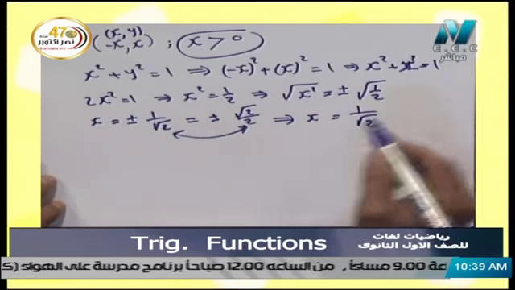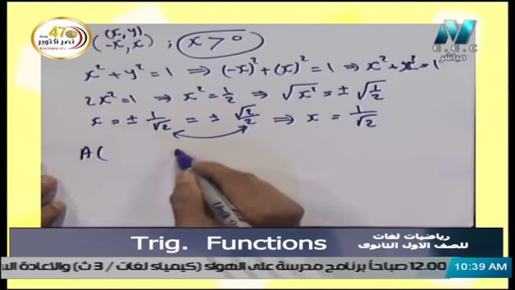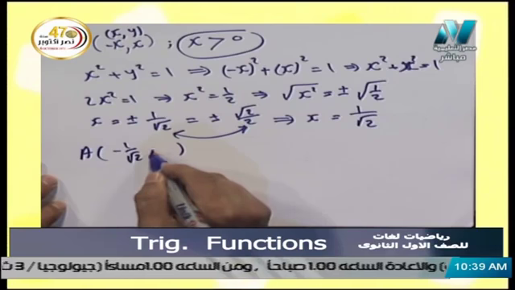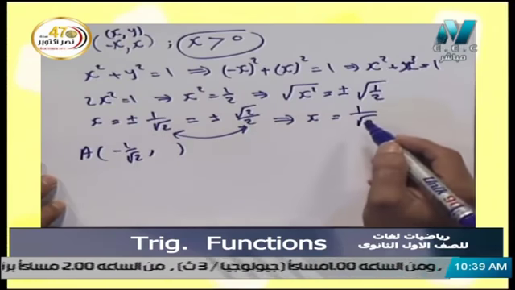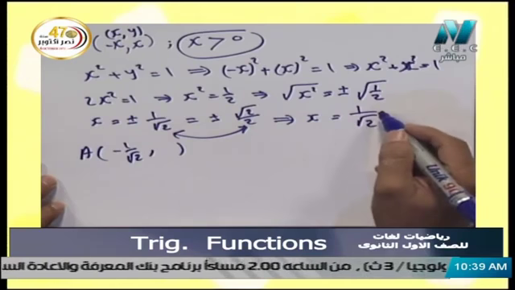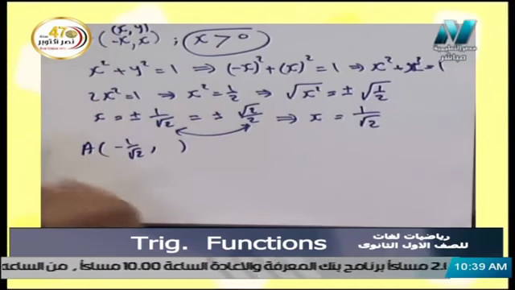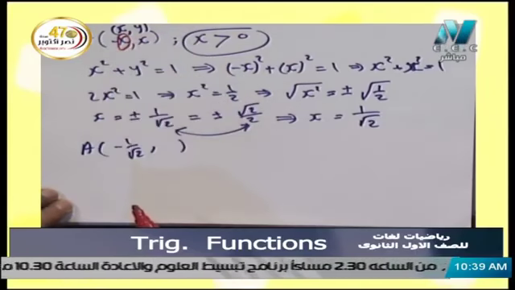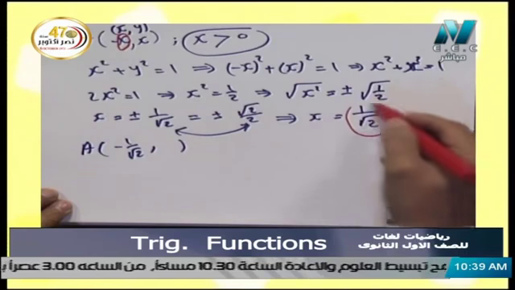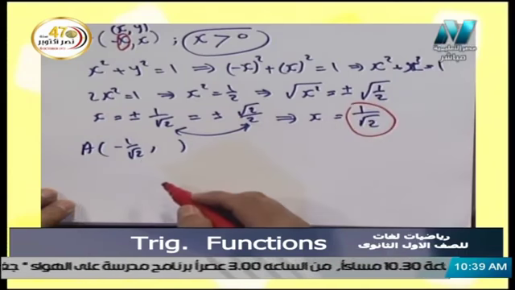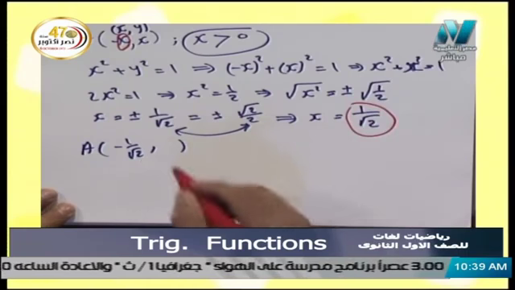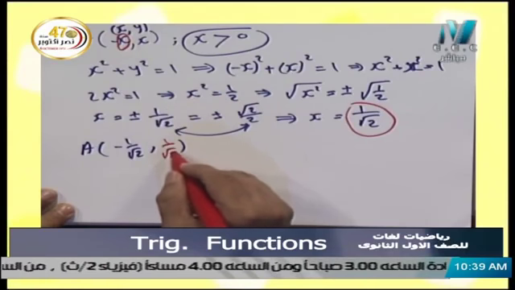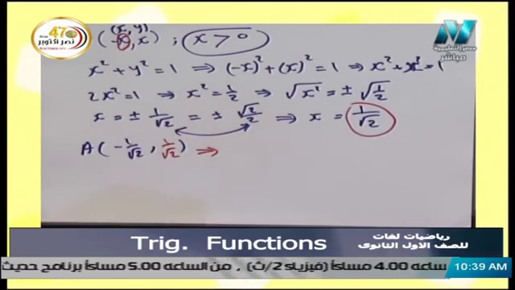If we return again to the point A, negative x means negative 1 over root 2. Someone asked me, you told me that x is positive. Yes, x here is positive, but the negative is outside the number. So it's negative x, negative 1 over root 2. And y will be x only, so it's 1 over root 2. So we can say that